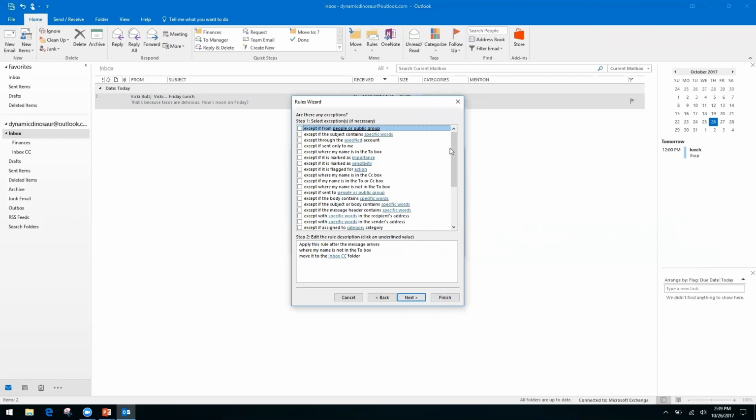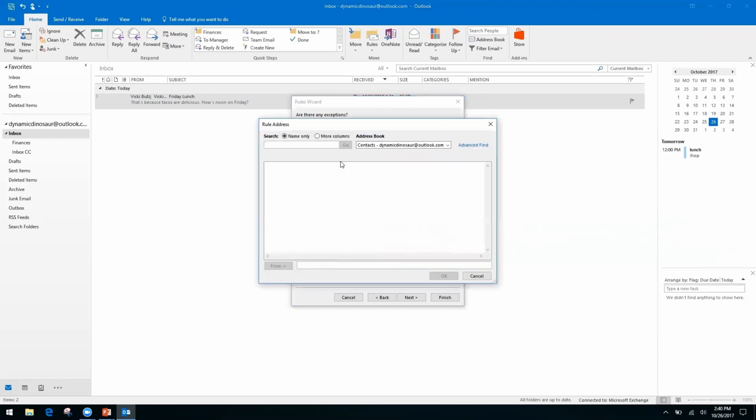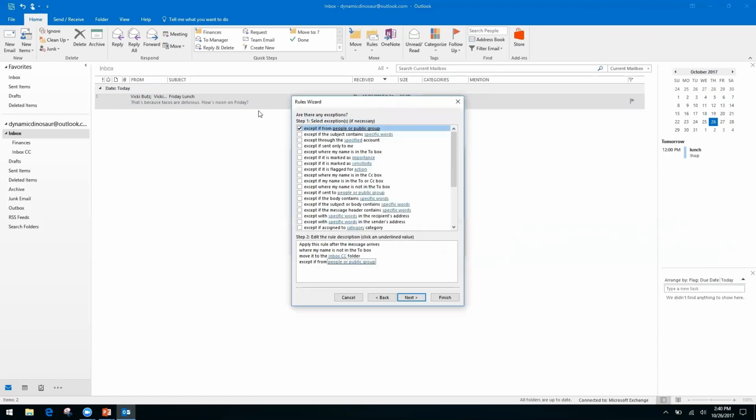Or if you want to make exceptions, let's say that you know that there's somebody specific on your team that CCs you on a lot of things, but it is things that you want to see. You can select this box up at the top, come down here and click on that blue link again. You can specify specific people. You can pick them from your address book if you choose. All right, but we are going to just go on